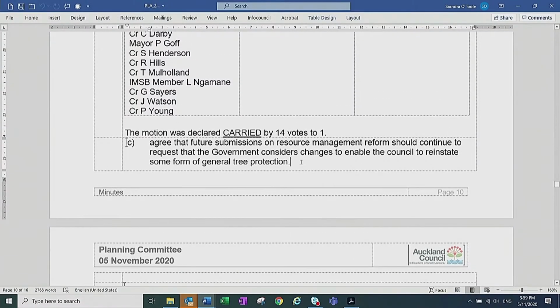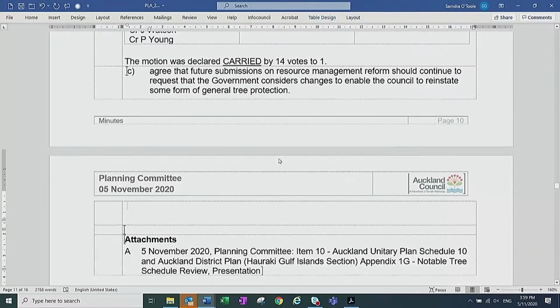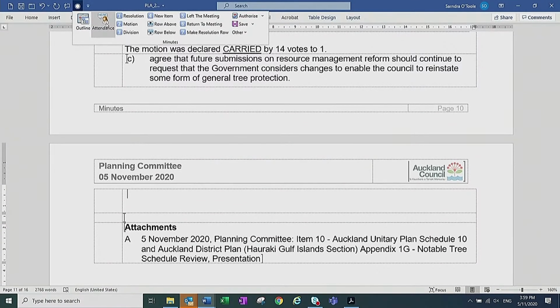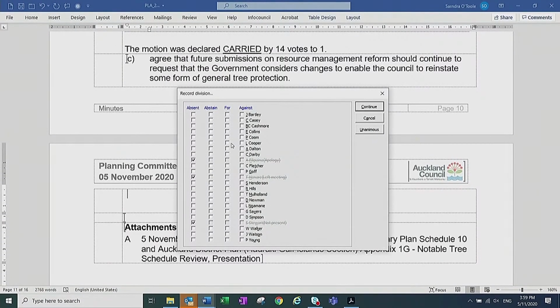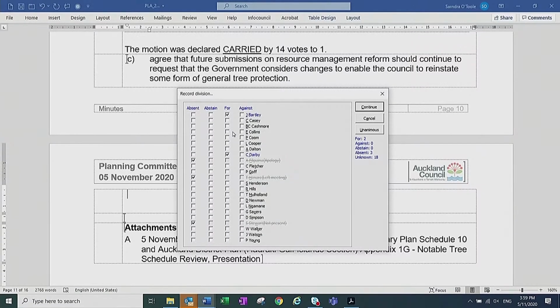Go to the C now, please. You're voting on C. Councillor Darby. For. Councillor Bartley. For. Councillor Casey. Yes. Councillor Cashmore. Councillor Collins. For. Councillor Coombe. Aye. Councillor Cooper. For. Councillor Dalton. For. Councillor Fletcher. Mayor Goff. For. Councillor Henderson. For.